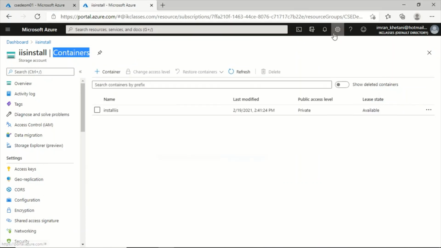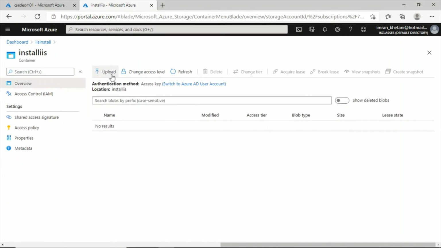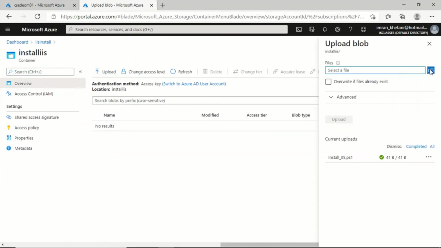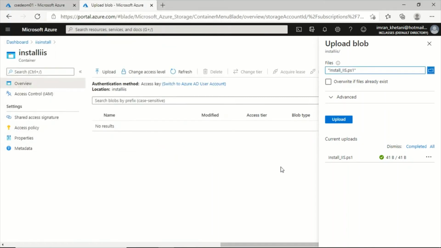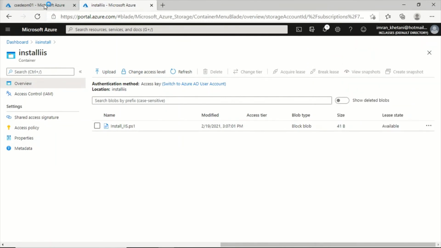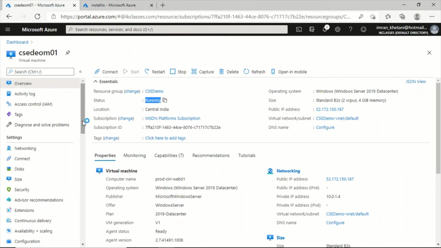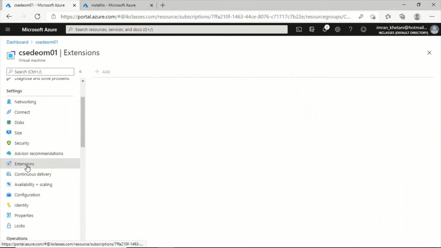So let's upload this file to the container. Click on upload, browse to the file and upload it. As you can see, it is uploaded. Once it is uploaded, browse to the virtual machine. Under settings, you can see extensions.